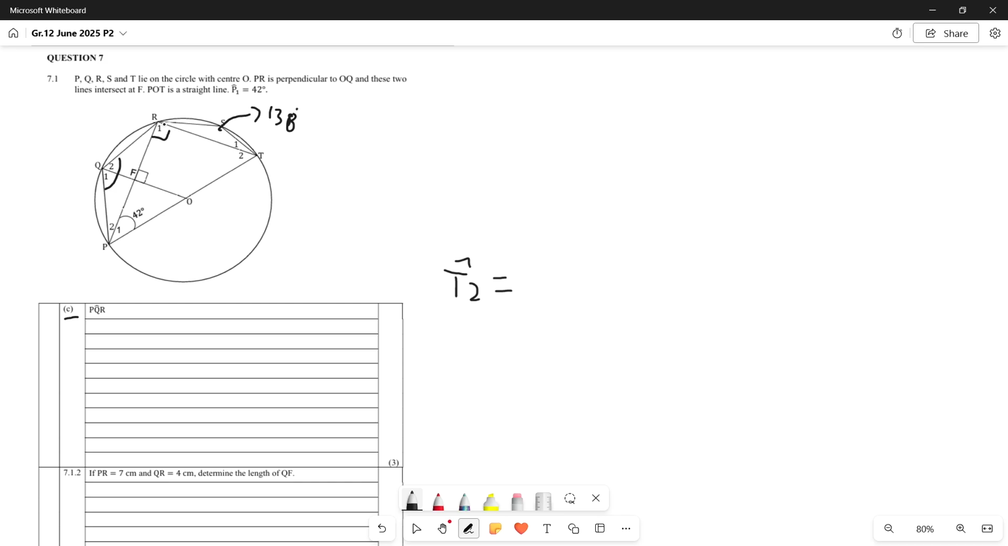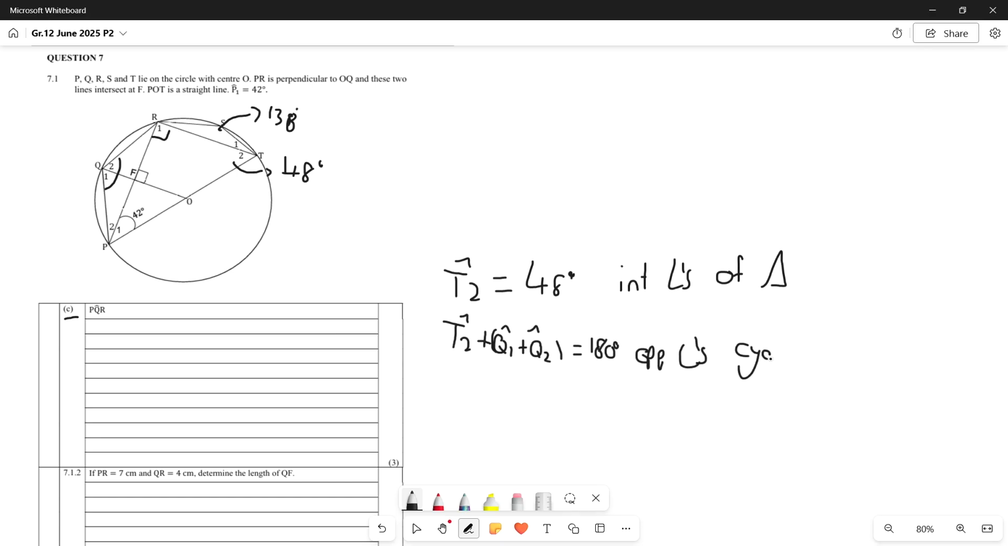Okay, so T2 equals 180 degrees minus 90 minus 42. So we don't have to show our working. We can just do it on a calculator. And this equals 48 degrees. Great. So this is interior angles of a triangle. And now, like we spoke about, T2 plus Q1 and Q2 equals 180 degrees because of opposite angles cyclic quad, which means we just worked out T2. It is 48 degrees. So we have 48 degrees plus this guy equals 180 degrees. Take the 48 over and PQR, like they were asking for here, equals